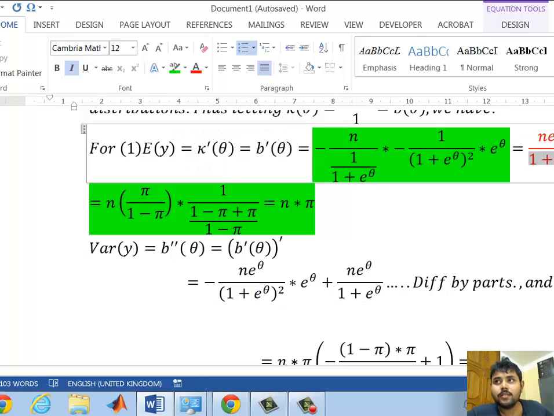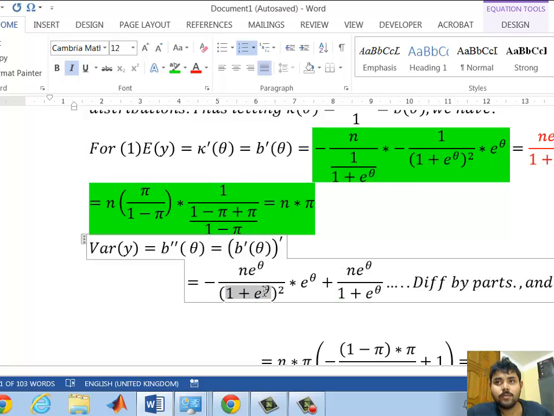Remember that this was our x, this was 1 by... I use the formula of this which comes here, but then I have to differentiate this term with respect to x again. You can Google the chain rule of differentiation for a formal representation of the chain rule, but that's pretty much where it comes down. Then I have to differentiate this, which gives me e to the power theta again, and then I differentiate the numerator,